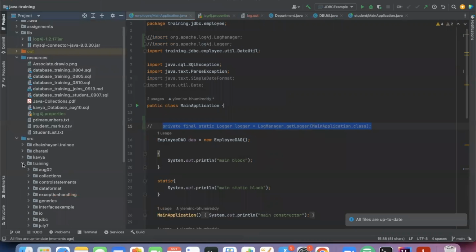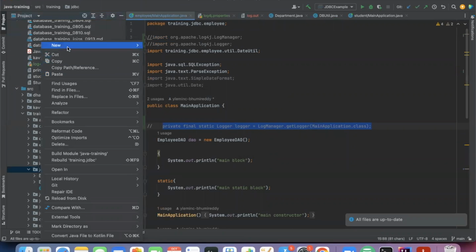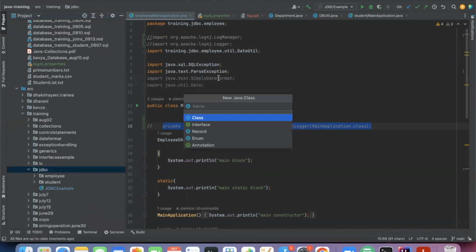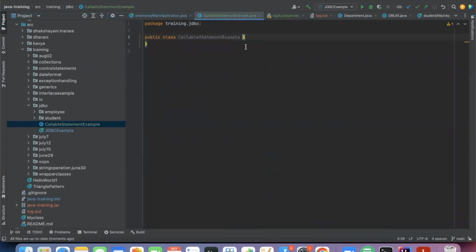So today we'll use callable statement. So it's simple. Main,